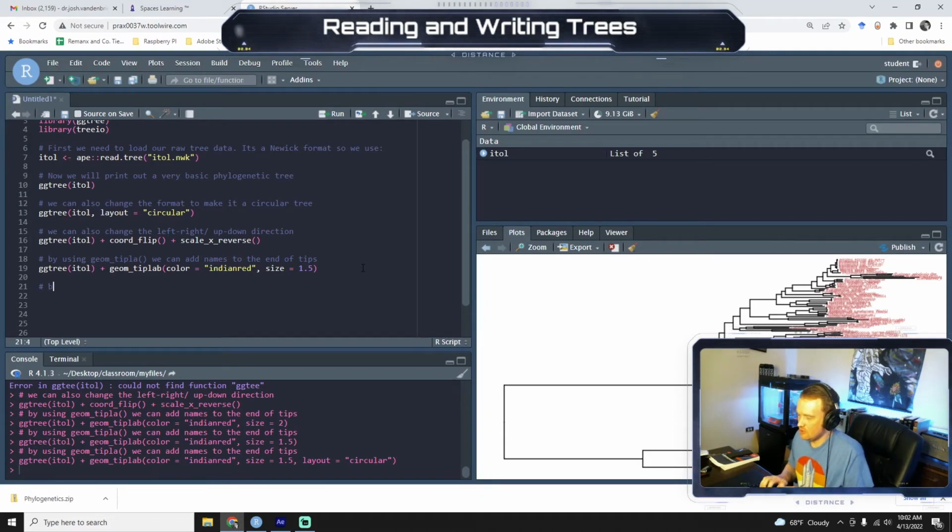Okay, so by adding a geom_strip layer, we can annotate clades in the tree with a block of color. Say you want to show a specific clade or specific family within your tree, right? We can add the geom_strip, so we can do